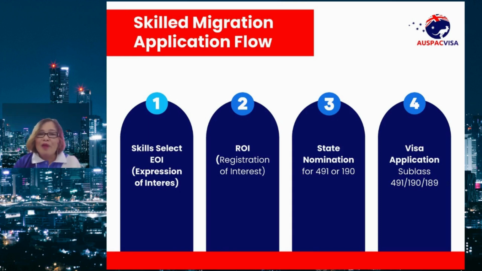IMI account. You won't see it straight away, kasi you can't apply for it directly. You need to be invited so that the system can open to you. Now, once you're invited, obviously, the application will come from SkillSelect and then move to the IMI account. So, what's the workflow now? The first one is,